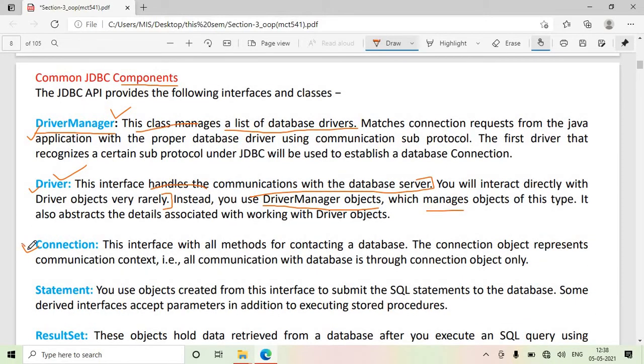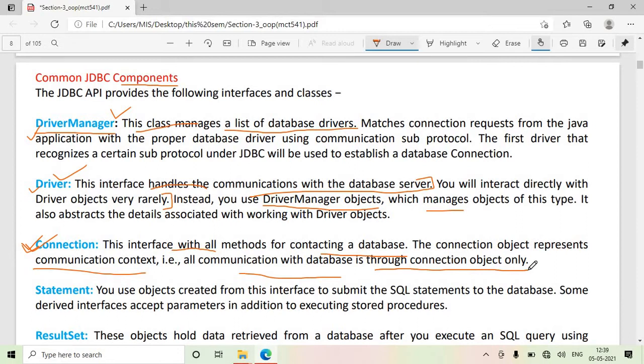Then connection. This is an interface with all the methods for contacting a database. After connecting to the database, the connection object represents the communication context, that is, all communication with the database is through this connection object only.